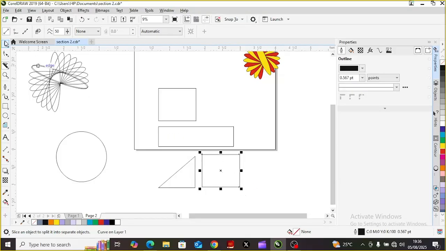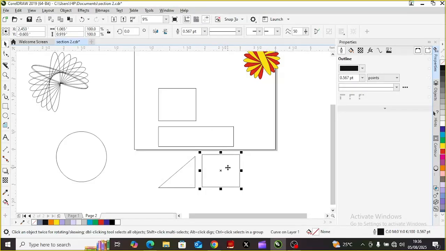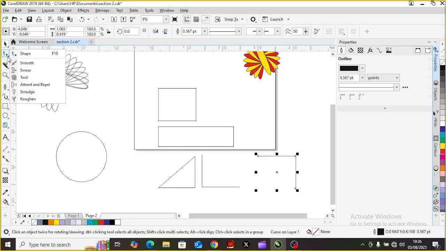Okay, let's see if we have divided it. Okay, that's good. You can see that we have divided our rectangle, so our triangle rather. So what do we do now? We can just come here,